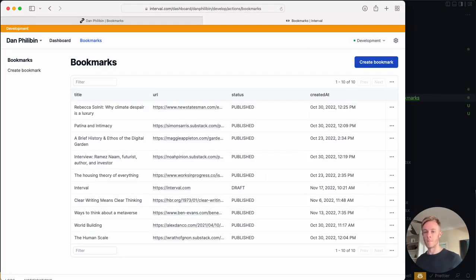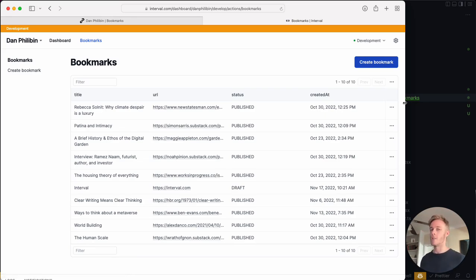And now we've got a table. Once again, in just a few lines of code on my backend, we have a table in the browser. I'm sure some of you have spent tons of time coding tables, sorting, filtering, pagination, responsive layouts. You get all of this with Interval and without writing any front-end code, and without clicking your mouse a million times to set it up in a no-code tool. Each of these rows has a drop-down menu where we can edit or delete the bookmark. We still need to write those actions, and I'm not going to do that here, but there's one more thing